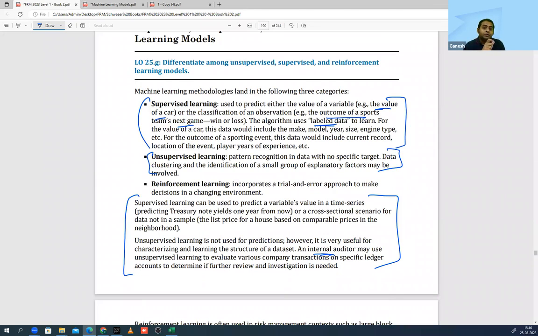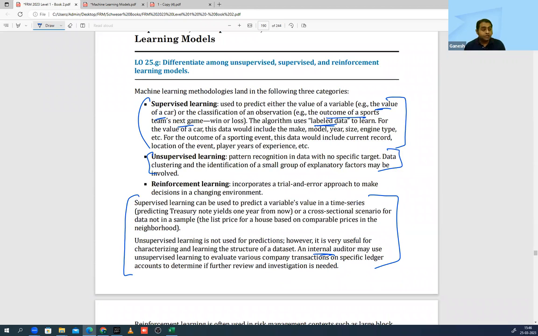It helps you to identify how unsupervised learning is going to work. If you're going for any audit, you have transactional data, accounting entries. If you put that into the model, and the model tells you that these 10,000 entries are suspicious, just focus on that because the behavior is very different. So it helps you in your audit work. That is how they have given it.